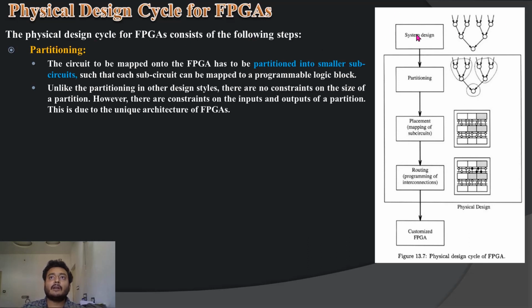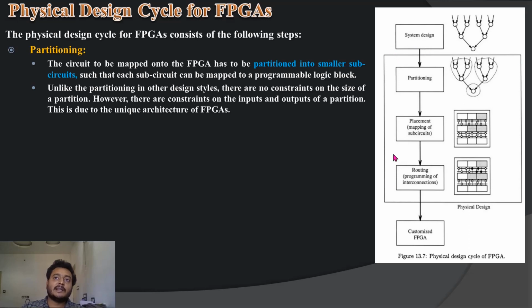Once you're done with system design, you'll go for physical design, and in this physical design you have different things. You have something like partitioning. You have a number of circuits and wiring, and you have to partition them, grouping these three, and something like that. Once you group them, you place those things in a square or rectangular box. That's the area we're having, right? In those blocks you select the different blocks, and once you select everything, you have to perform the routing.